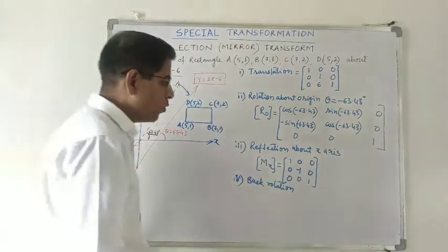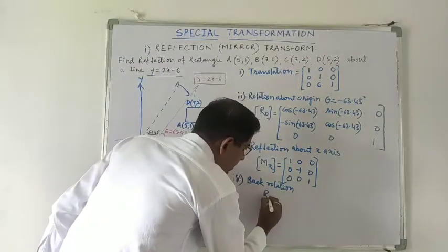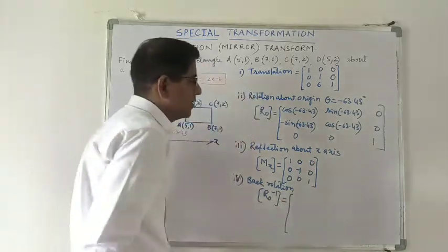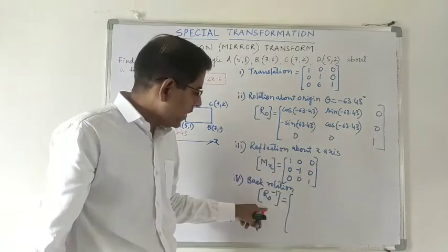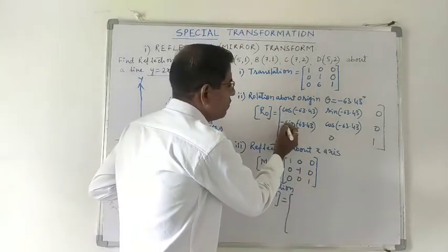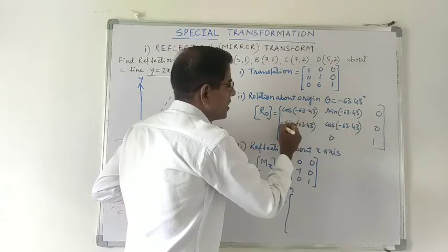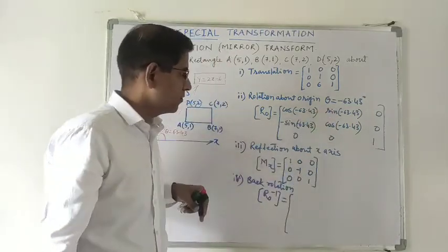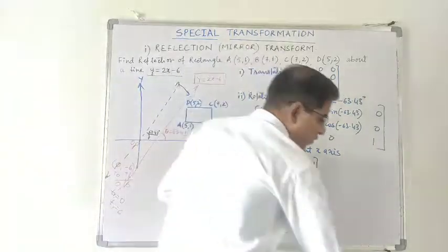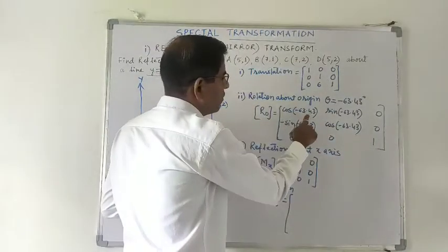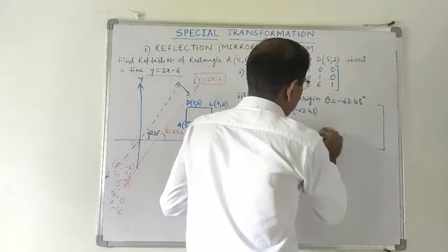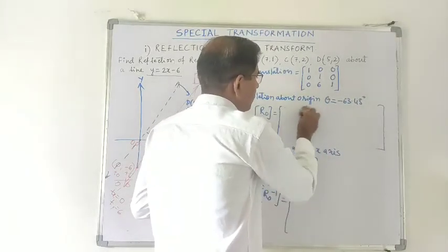Okay, so back rotation matrix, that is R_θ inverse. To obtain a back rotation matrix of the original rotation matrix, you just have to shift the sign from here to here. We have not written the values here. So if you calculate cos of this and all this, then the values are